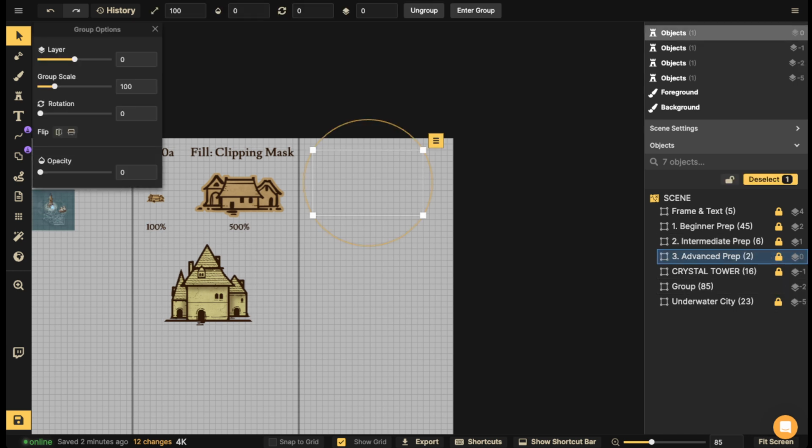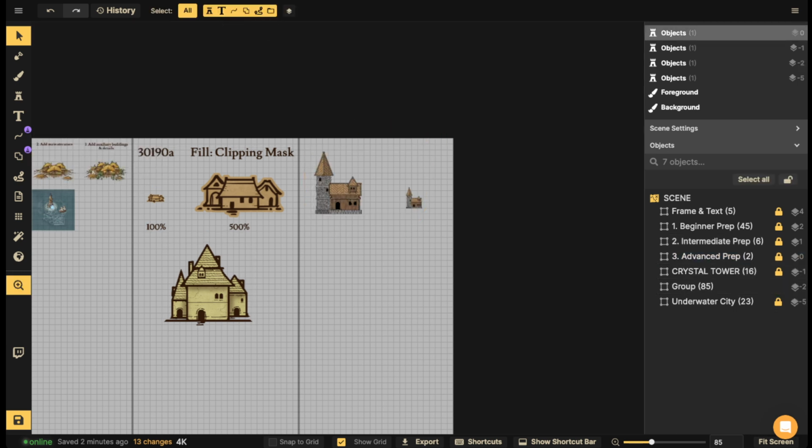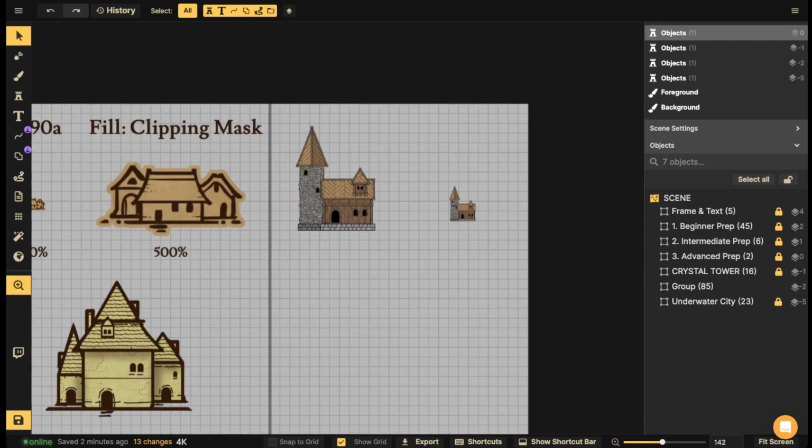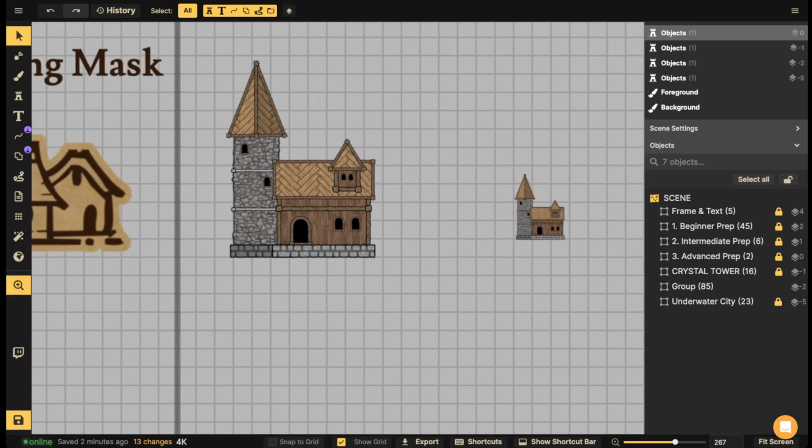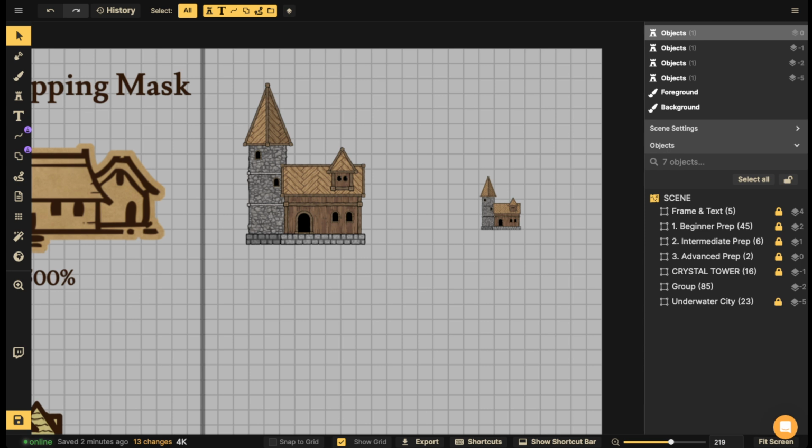Now, there isn't much prepping for advanced. Now that we've gone through intermediate, you've noticed the kind of steps that you have to go through. So now the reason why this next part is a little bit more advanced is because we're going to be using textures from either the Watercolor Battlemap style or the fantasy battle map style. Now, I personally, after working with fantasy battle maps, find that the watercolor battle map style works a lot better, because if you're going to be using stock Inkarnate landscape terrain like trees and mountains and stuff like that, I recommend that you use watercolor battle map